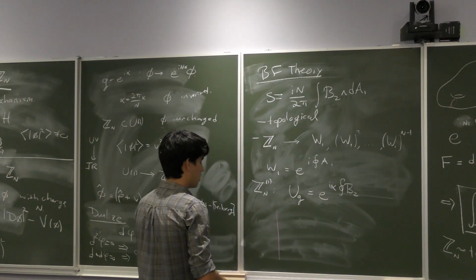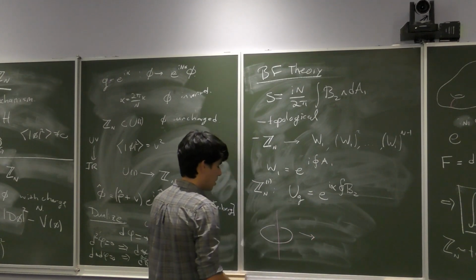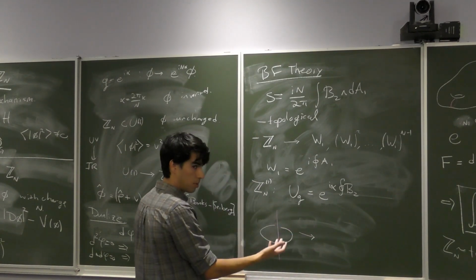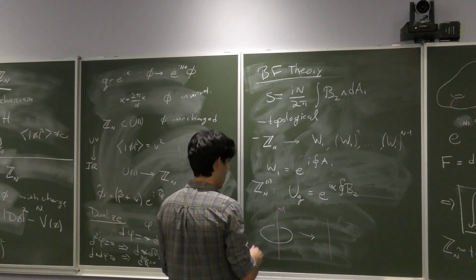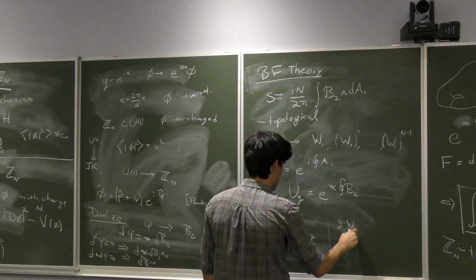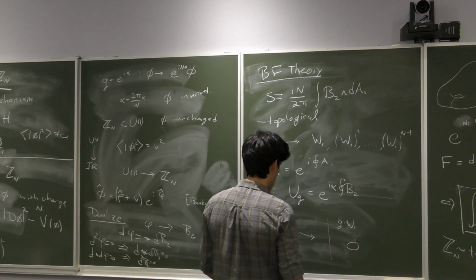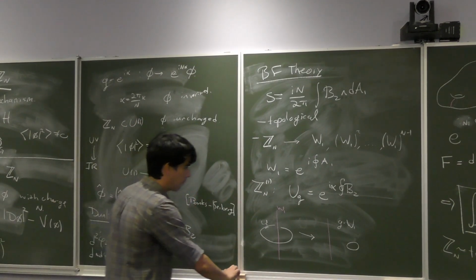The point is that if you link these two, and you can try to unlink them since it's topological, you find that, so this is Wilson 1, this is G, you find that there's exactly this G dot W action. And the way to see that